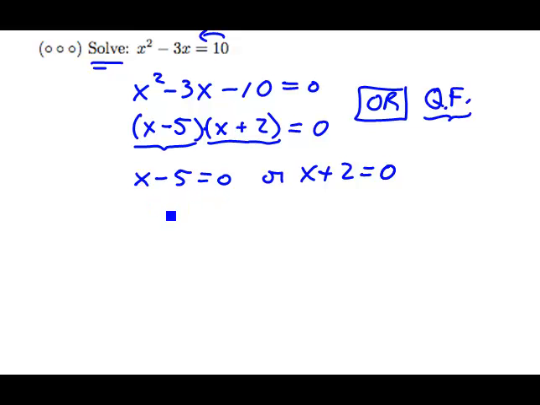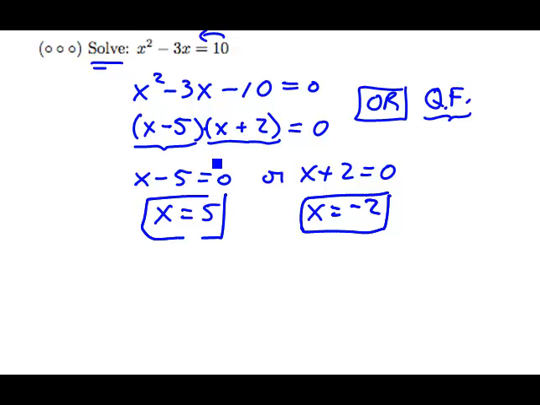If x minus 5 is to be 0, then x must be equal to 5. You can either just see that or push the 5 to the other side and see it that way. Here again, I need x plus 2 to be 0, so x is going to have to be the number negative 2. And each of these should then satisfy the original problem, and it's